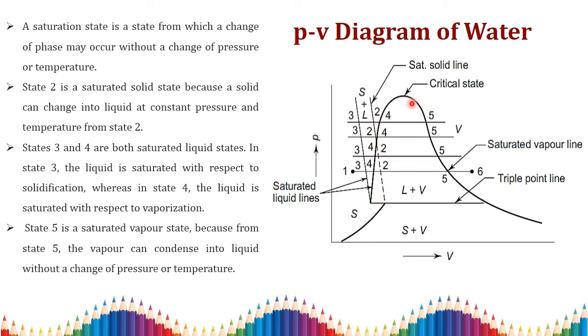How we can get this dome-shaped curve means, they have joined all the saturated liquid points and saturated vapor points. We have to draw one line. That point will be on your saturated liquid-vapor dome curve. So in this curve,